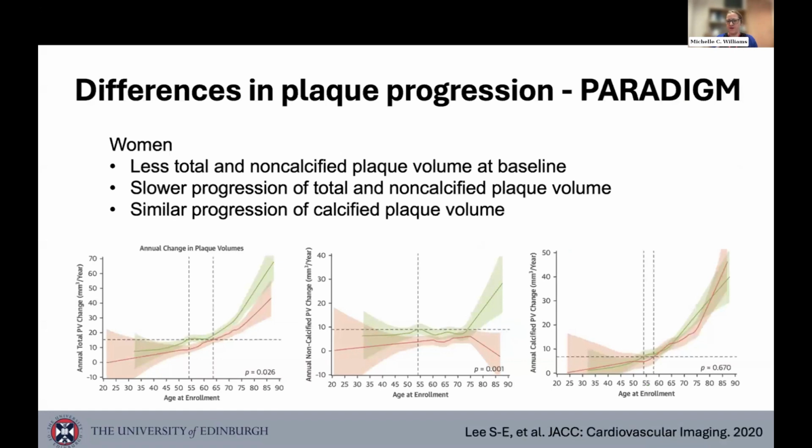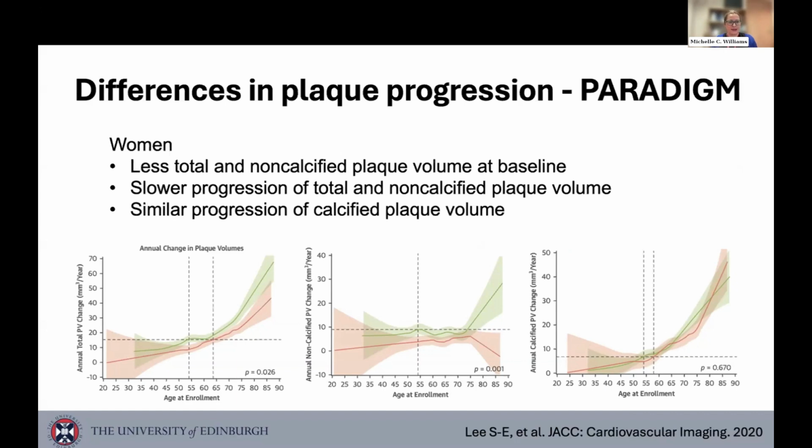And for me, there are a few things that are coming next with this. Now we have the ability to accurately quantify disease. We have the ability to understand plaque progression. And this is important for understanding what causes coronary artery disease to develop and progress, and also how our